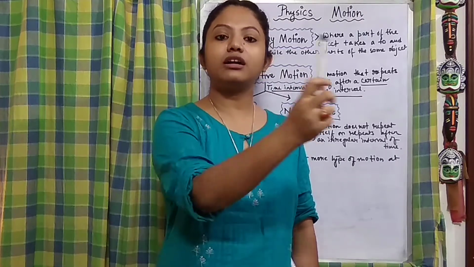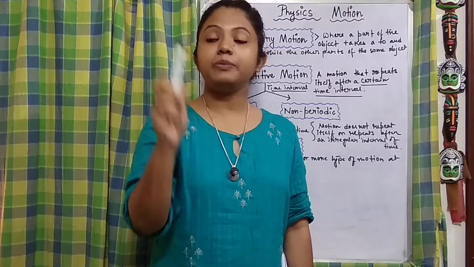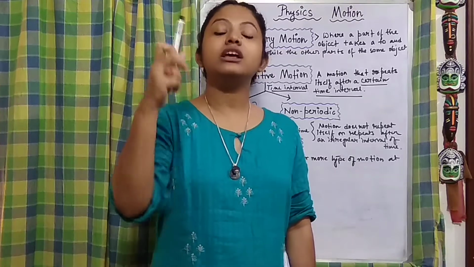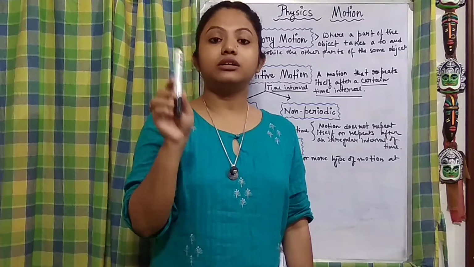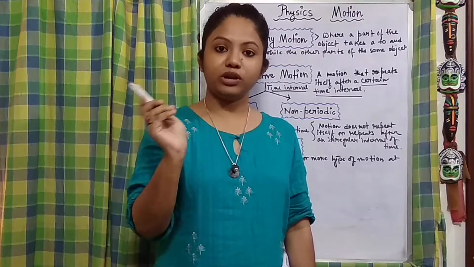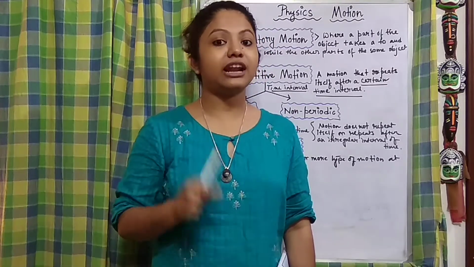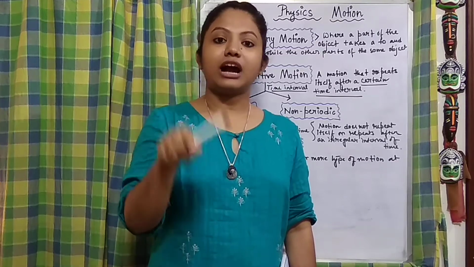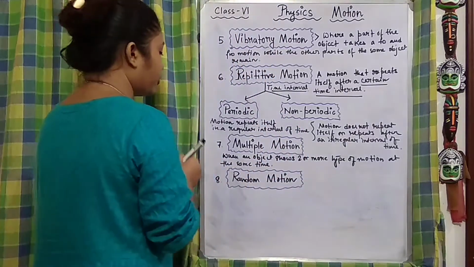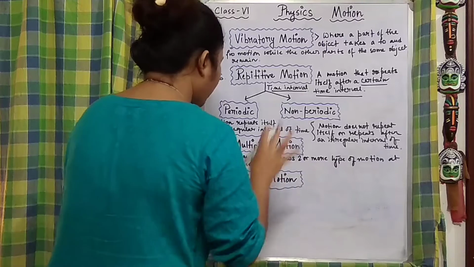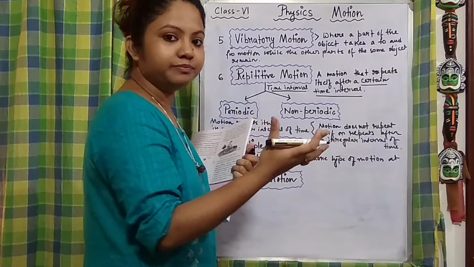So it is taking a revolution around the sun, while during the same time it is undergoing rotatory motion. Okay, so at the same time interval, the planet is having a circular motion as well as a rotatory motion. That is how you can understand how in the same time our object can take two types of motion. Got it? Now coming to the last type of motion, that is the random motion. Now from the name you can understand this is a pretty haphazard type of motion, random in nature.